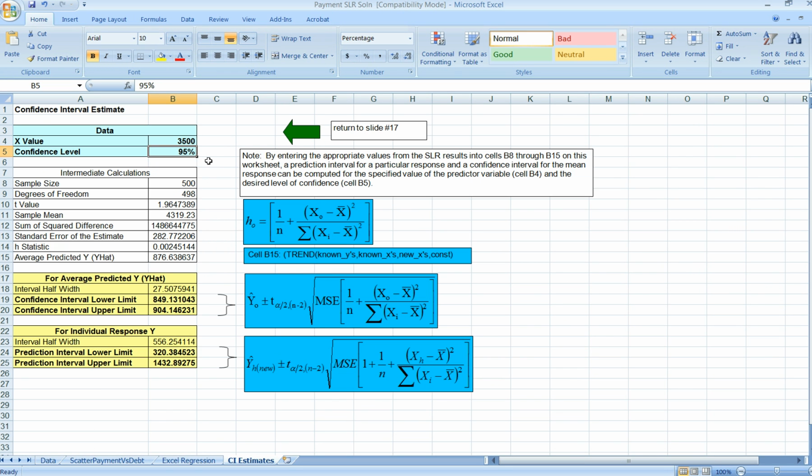worksheet here that will allow you to enter the appropriate values associated with a simple linear regression model: the sample size, the degrees of freedom, the t-value associated with whatever level of confidence you want to embrace, the sample mean, etc. If you enter those values in cells B8 through B15, and then provide some particular X value and some particular level of confidence that you're interested in, then this little worksheet that I've developed will actually do the arithmetic for